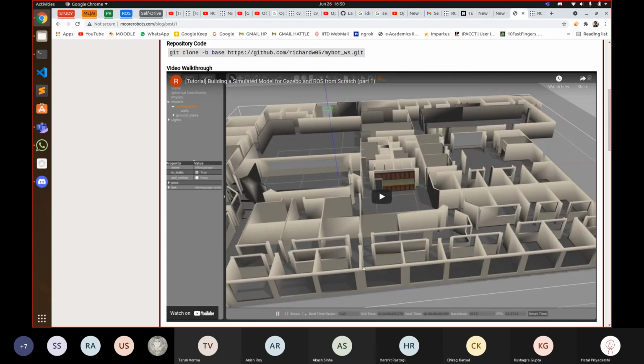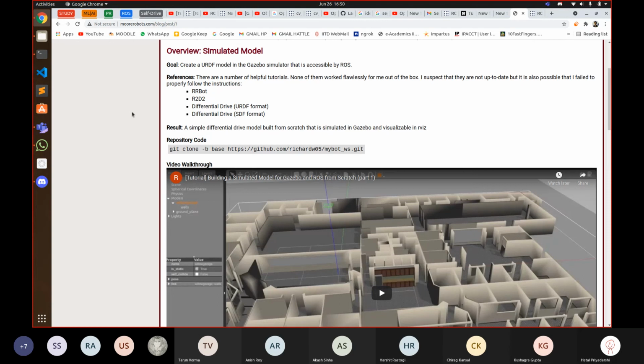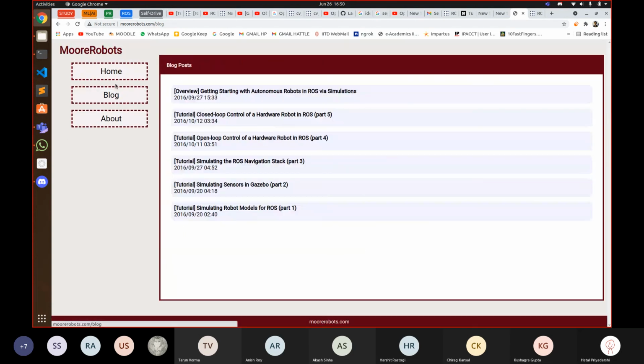This is Rigidbank's website, and you can do the tutorials. Just go to the menu on this. Yeah, you need to do part 1, 2, 3. You do not have a hardware robot, so don't do those. Just do part 1, 2, 3.